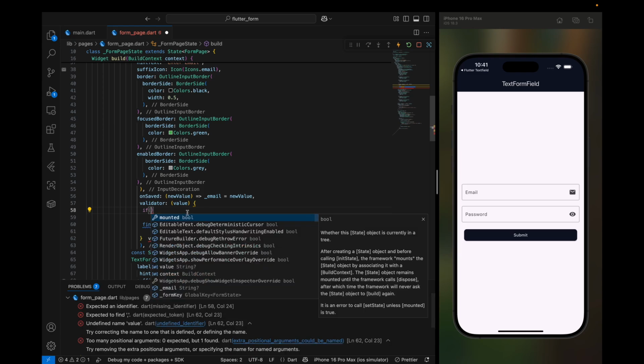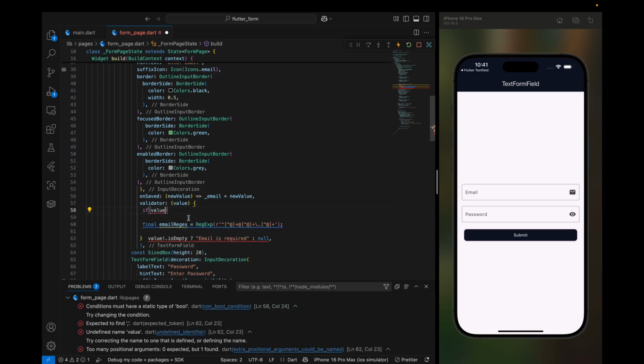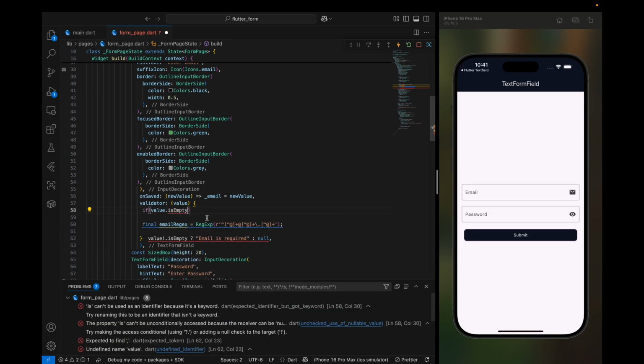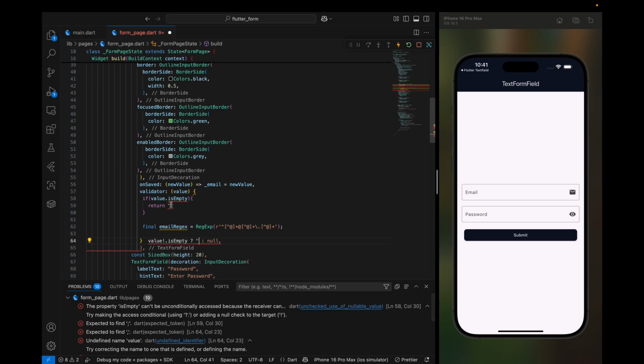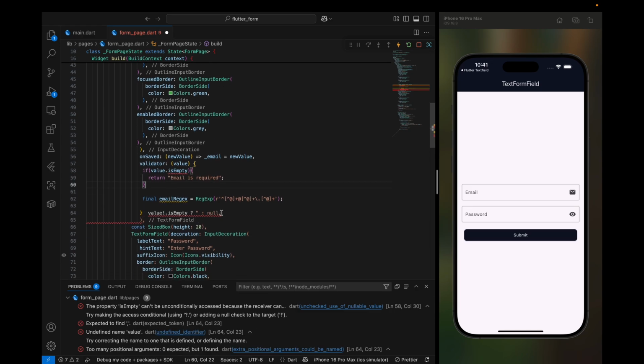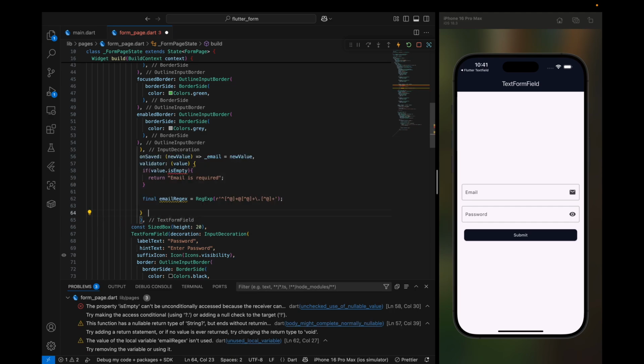If the value is empty, we'll return our text. So copy right this one, paste it right here, add a semicolon,